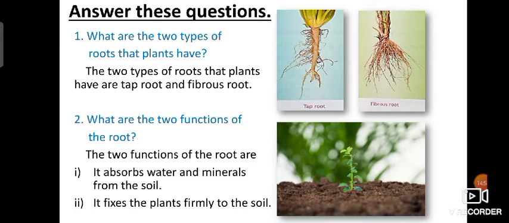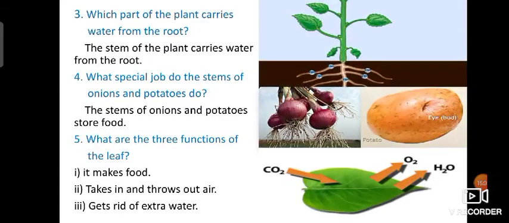Next, we'll see the third question: which part of the plant carries water from the root? Yes, you're right. The stem of the plant carries water from the root.